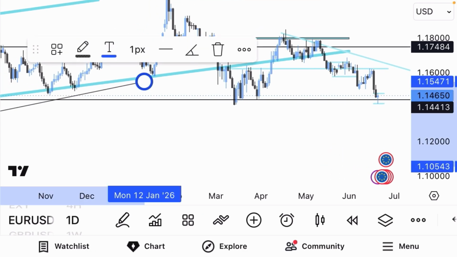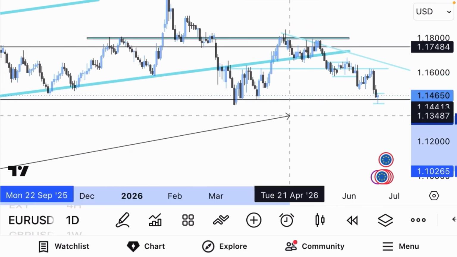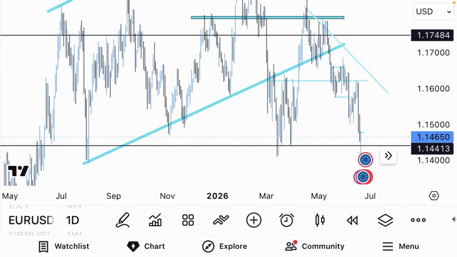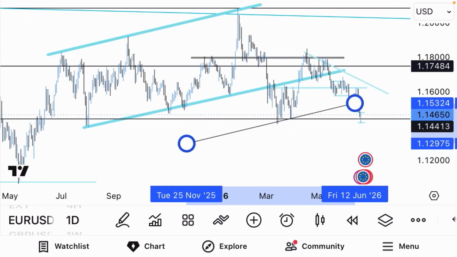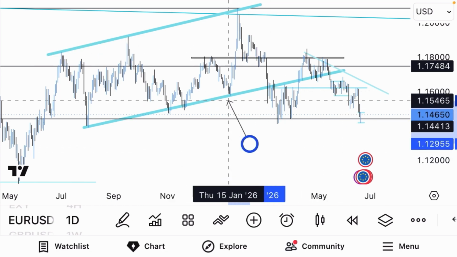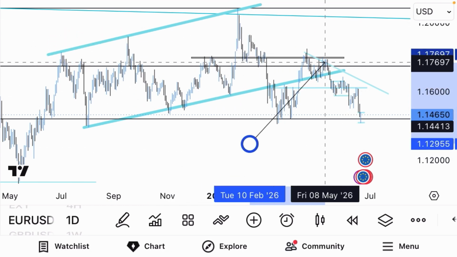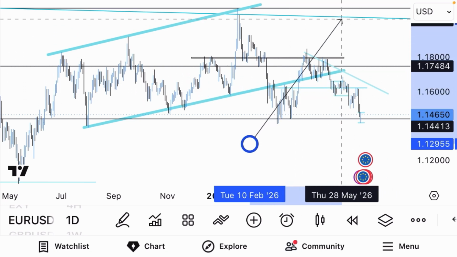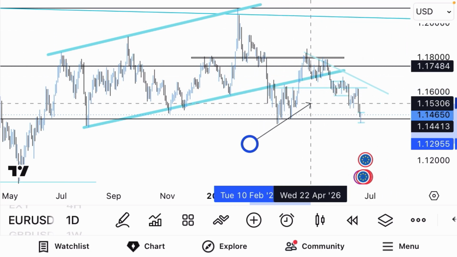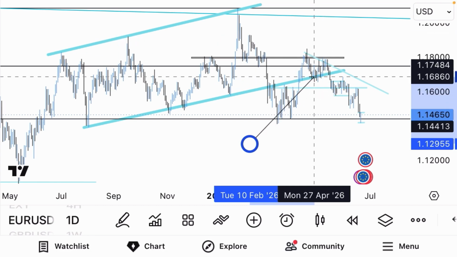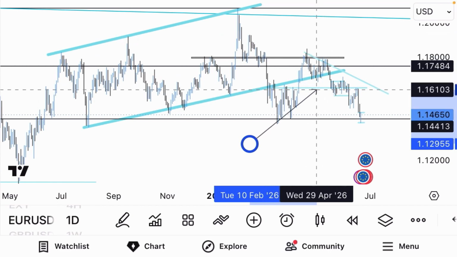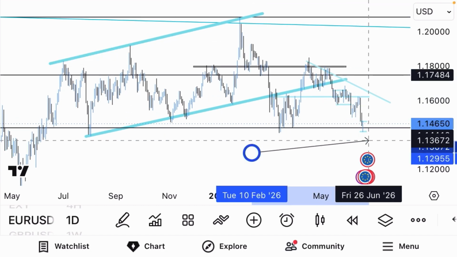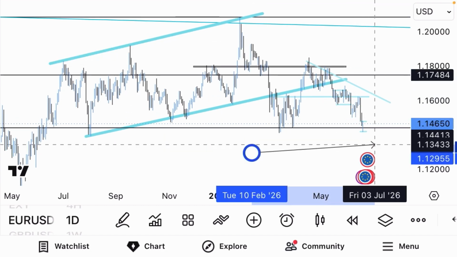when we look at the Euro USD on a daily time frame, if you guys remember very well, let me zoom in a little bit. I said something like we have a head, left shoulder and right shoulder pattern, which is an indication that we are going to be going lower, which we have been doing, giving us the lower high, lower low, lower high, lower low, lower high, lower low, lower high, and now a lower low. So now,